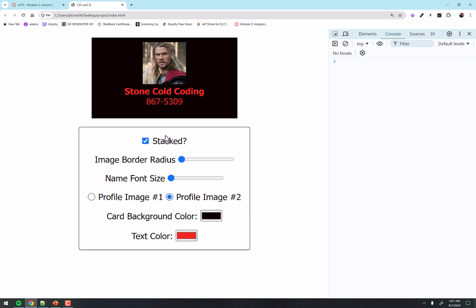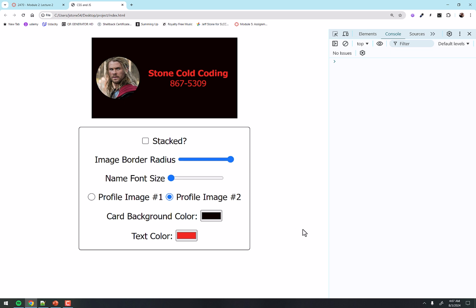And we'll make profile and make it round. There's my cool business card, right? So that's the whole thing. We're just going to fix that little buggy thing in a second. But overall, this is very similar to the kind of thing you're going to have to do with your robot assignment. And when you look at the robot assignment, there's a video in there that shows you what I'm looking for, so you get the idea. But all the techniques of the things we're looking at today will help you do that robot assignment.